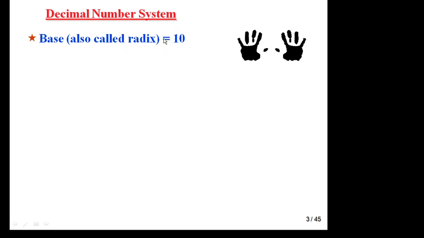Now come to radix. What do you mean by radix? Radix is also called base. How will you define radix? Radix, or base, is the total number of digits available in that number system. For example, in decimal number system, radix or base is 10. In binary number system there are only two digits, 0 or 1, or you can say bits. So total bits are 2, so radix is 2. In hexadecimal number system there are 16 digits, so the value of radix will be 16.